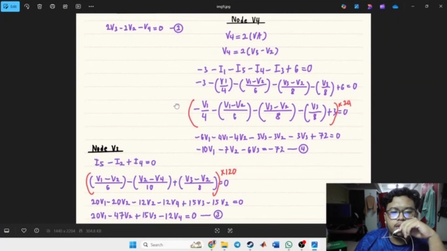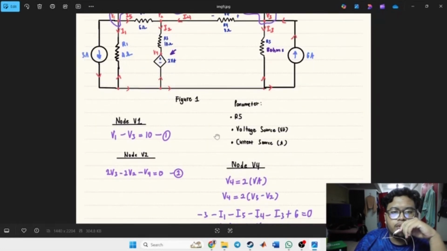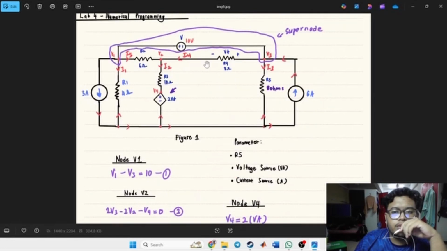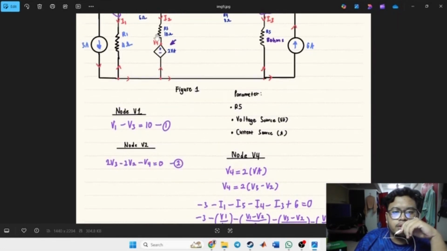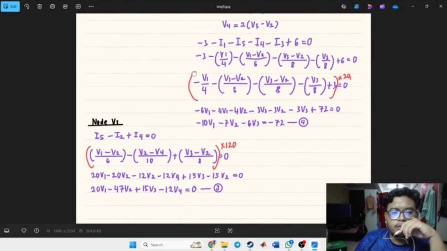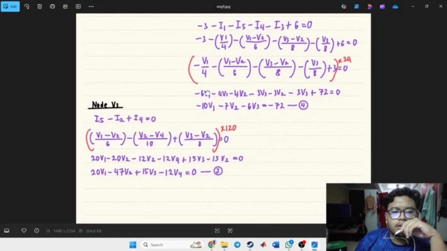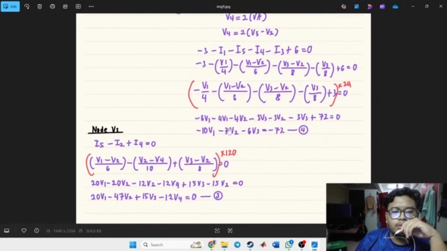As we can see in the I5, V1 minus V2 over 6 minus 2 minus V3 over, V2 minus V4 over 10 and plus V3 minus V2 over 8 equal to 0.